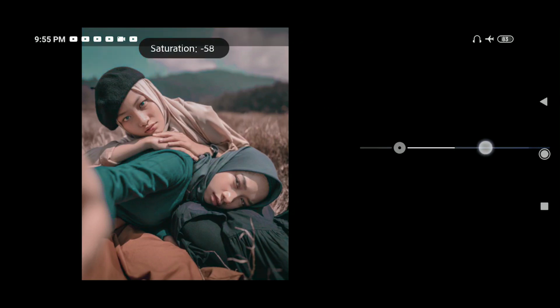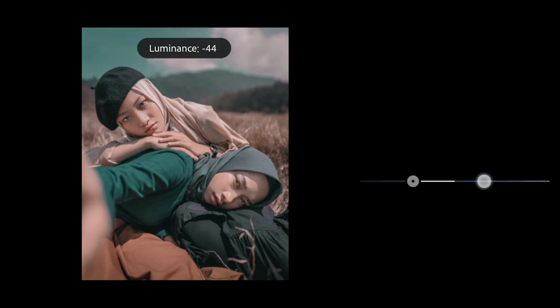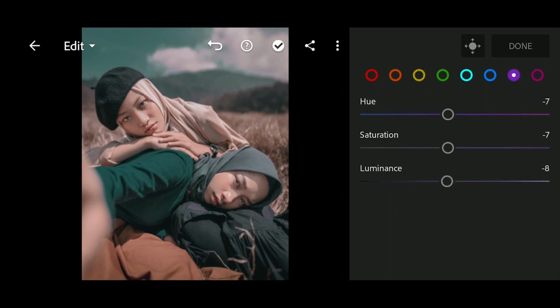Saturation to -60 and luminance to -76. Now select purple and then bring down the hue